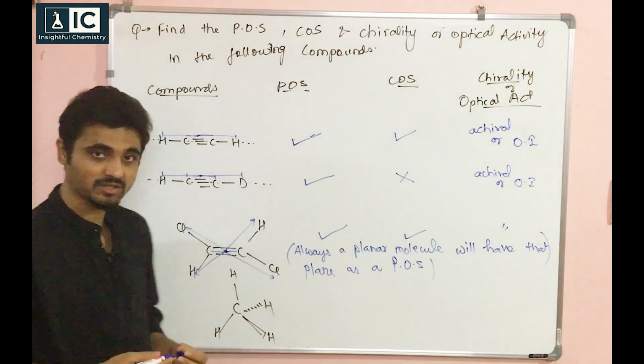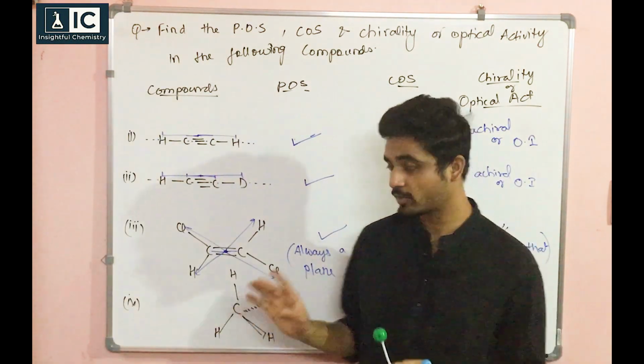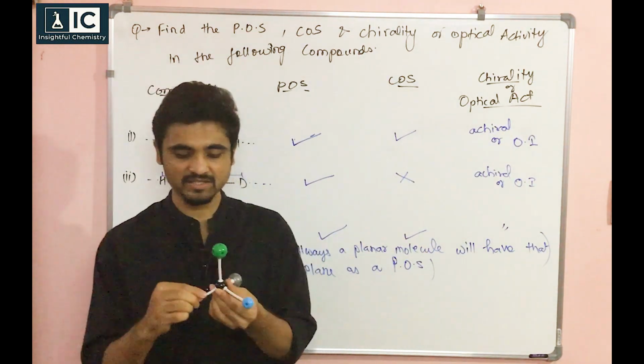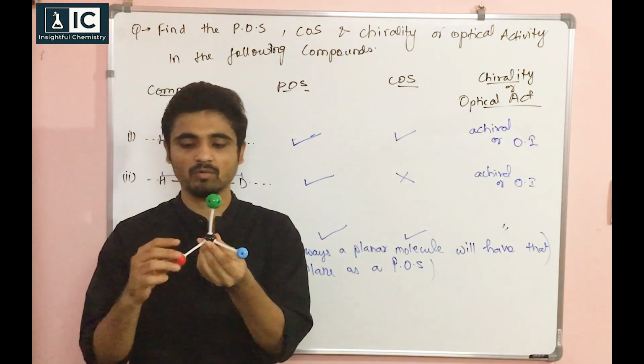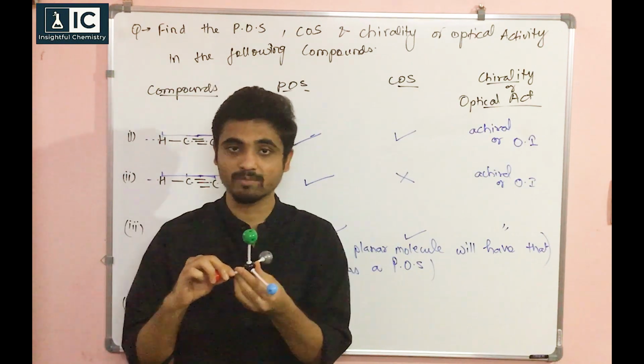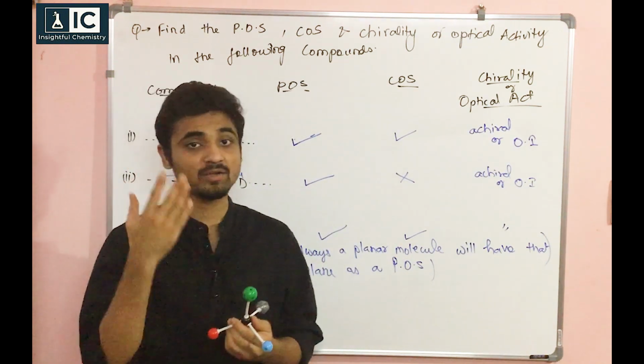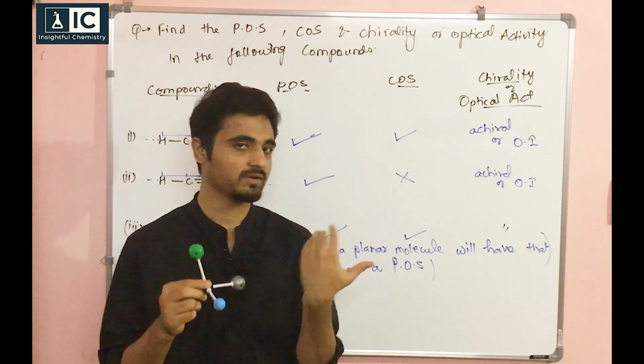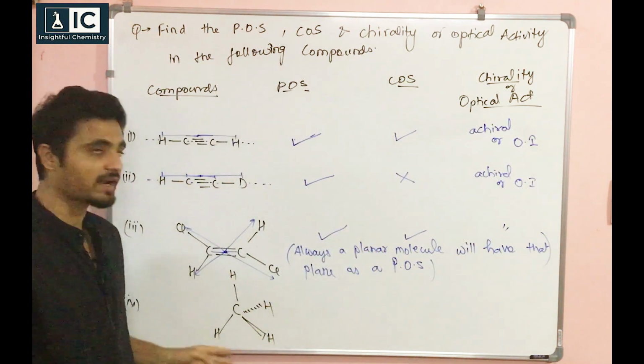Okay, I'll show you this model. So see here, what I'm trying to tell you is, whenever you get tetrahedral, imagine first of all this is a tetrahedral. What you have to do is, always imagine two bonds in one plane, and the other two bonds will be one above, one backside. Fine. Here all are hydrogens.